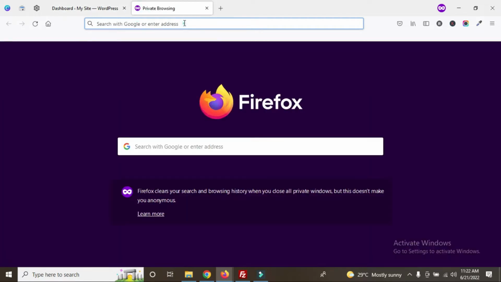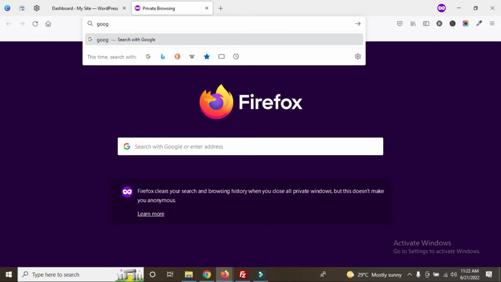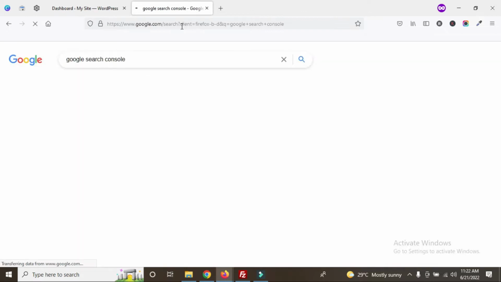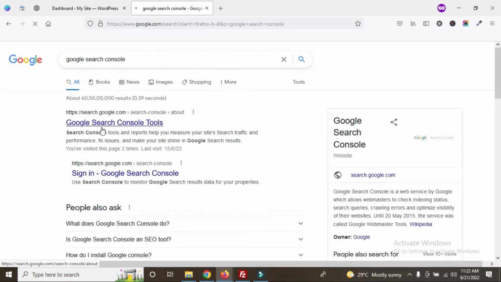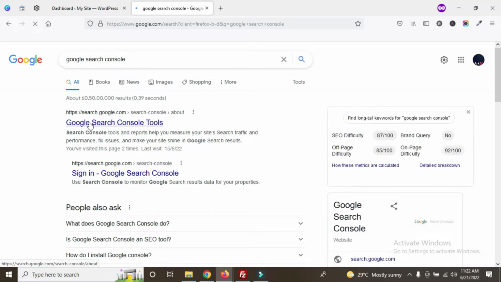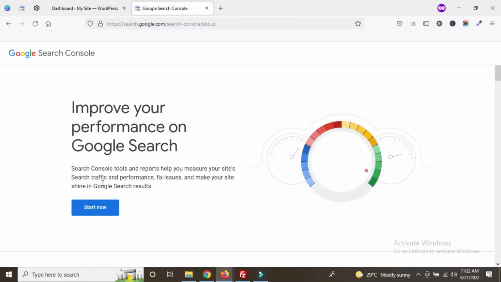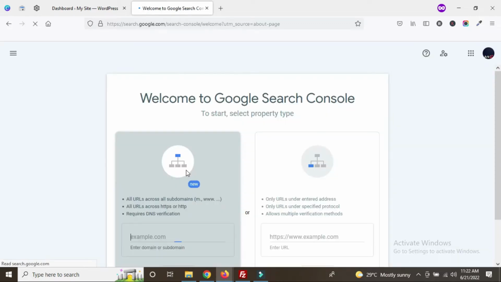So go to Google Search Console dashboard. Just click on the first link for Google Search Console tools, and click on Start Now. Once you click on the Start Now button, you can see this kind of